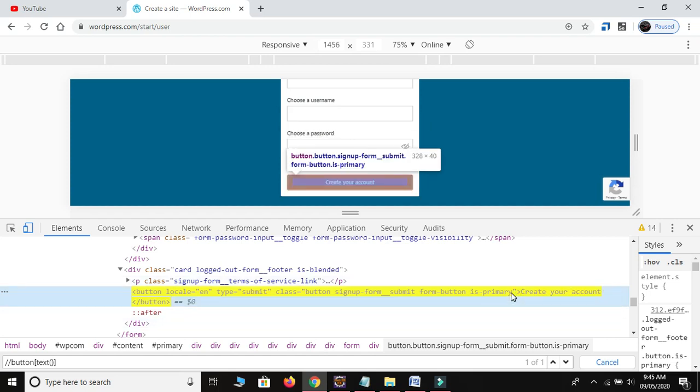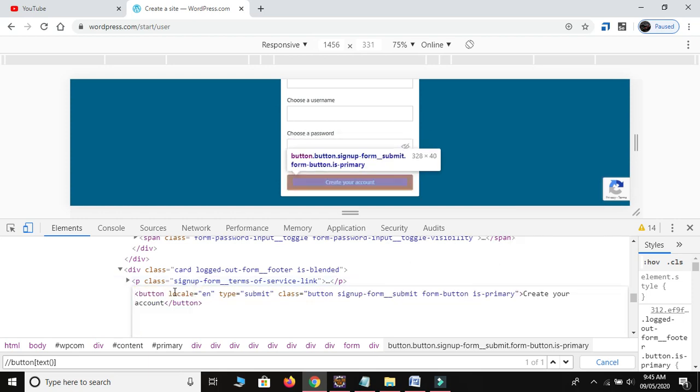let me edit as HTML. So this is the value, local and key en. This is the value, type is equal to, and the value is submit. This is the attribute class, and it contains some value, but this is not the value of any key. Create your account is not a value of any key, it is only text. So we use text